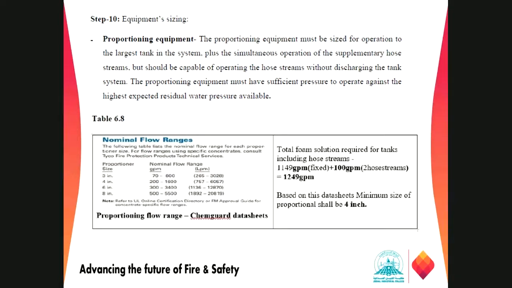So we have a data sheet from KMGOD. This is one of the manufacturers of fire protection equipment, and they manufacture the foam concentrate and the foam proportioners. They have given some sizes of the proportioner. We have around 3-inch, 4-inch, 6-inch, and 8-inch. You can see on the left. With 3 inch, we can get a foam solution at around 17 to 800 GPM. And for 4 inch, we have 200 to 1000 GPM, and so on up to 8 inch.